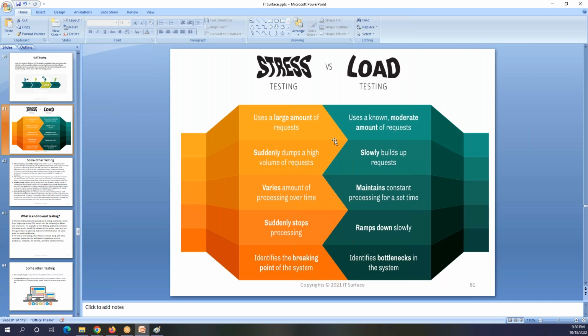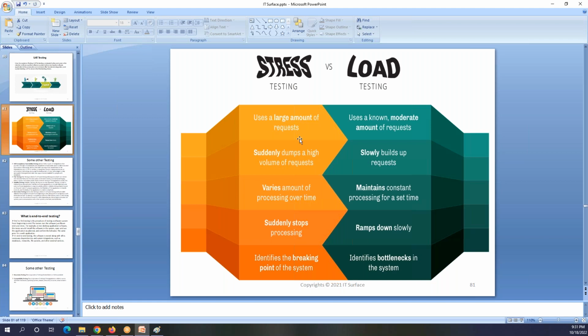In non-functional testing, most of the time, even if you don't know it, sometimes people will ask, okay, what is stress testing and load testing? If you understand just these 2, you will understand the difference between them. Here it says stress testing uses a large amount of requests, like for example, 100,000 users accessing Amazon.com.